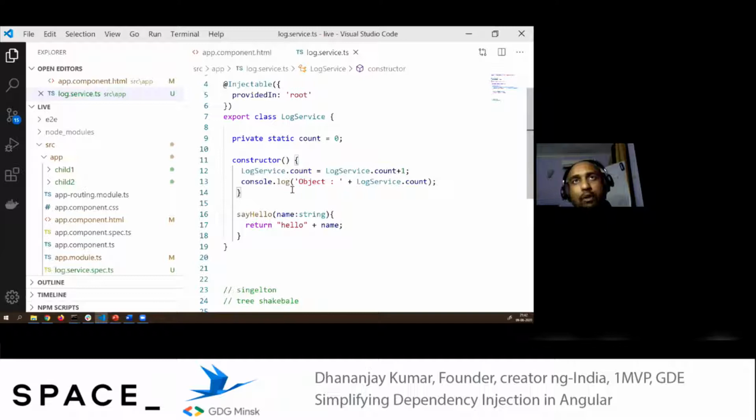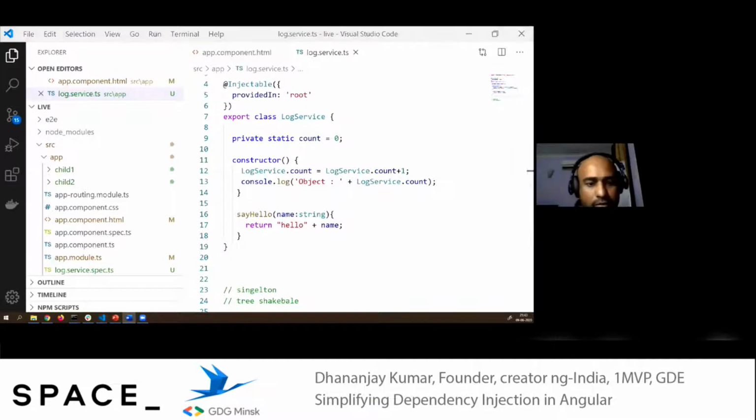So if Angular is creating 5 objects of log service, this constructor would be called 5 times, and this console.log should print some value 5 times. If Angular is creating only one object, then the constructor would be called only once, and we would have only one console.log. Just for that purpose, to demonstrate how many objects get created, I have put this code. The service also has a very simple function, sayHello, and it is returning hello plus name.